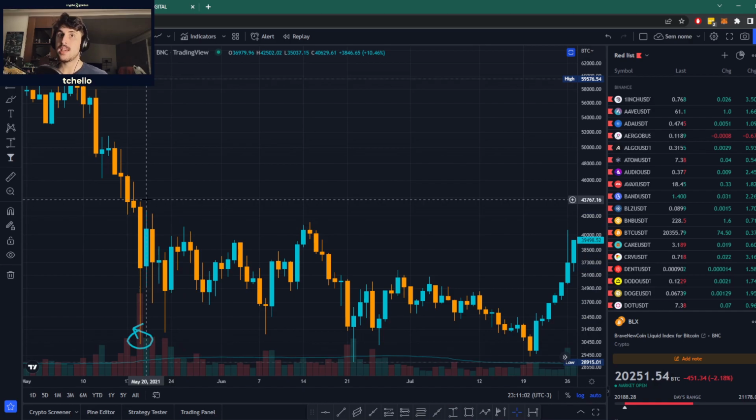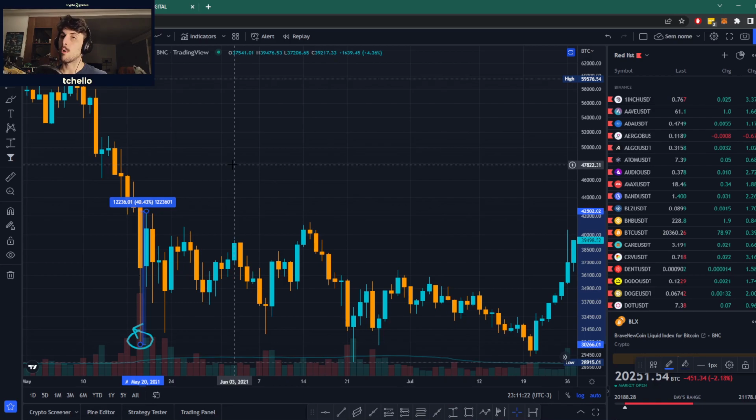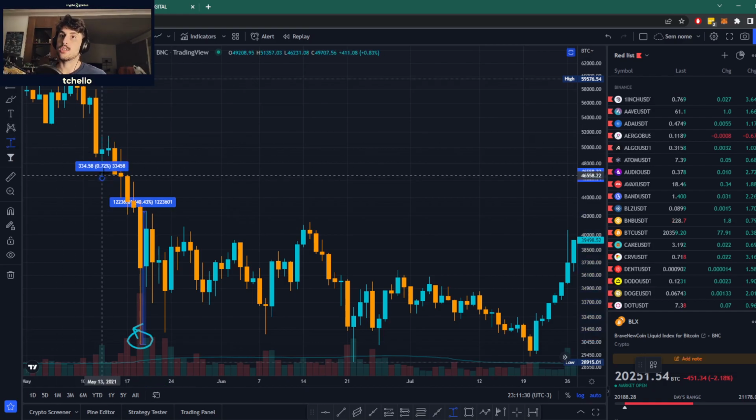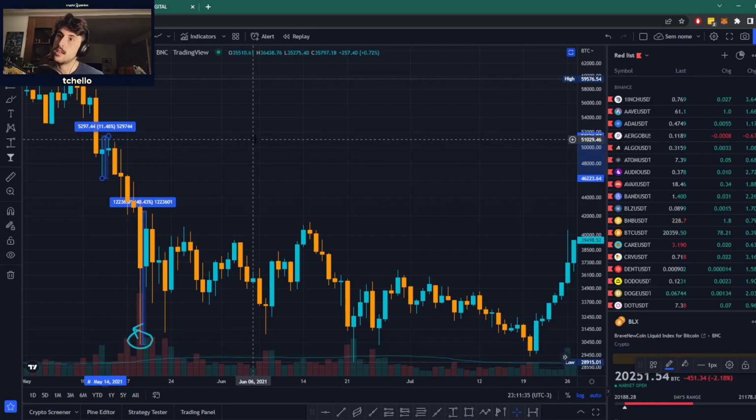And what you see after that, especially if we go to lower time frames, which the chart I'm watching right now doesn't support, is a big rally in a short amount of time. In just a couple of days, if you count the wicks, we went up almost 40%. In the previous market conditions, we were used to, if we count the wicks, maybe 11% in a day. So this represents a major change in character of a trend.